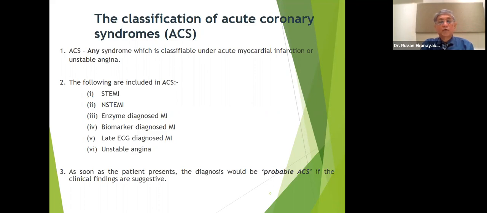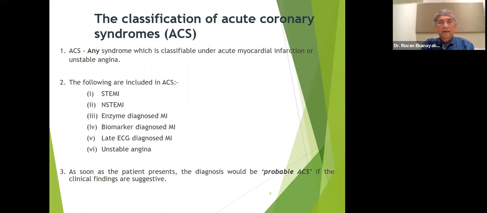Now, if you classify the acute coronary syndromes, any syndrome which is classifiable under acute myocardial infarction or unstable angina becomes an acute coronary syndrome. And the following are included: the STEMI, the non-STEMI, enzyme diagnosed myocardial infarction where the CPK or the SGOT-PT or the LDH goes up, the biomarker diagnosed myocardial infarction where the troponins go up, the late ECG diagnosed myocardial infarction where initially the myocardial infarction is not manifested, but later on the Q waves and the ST changes occur,